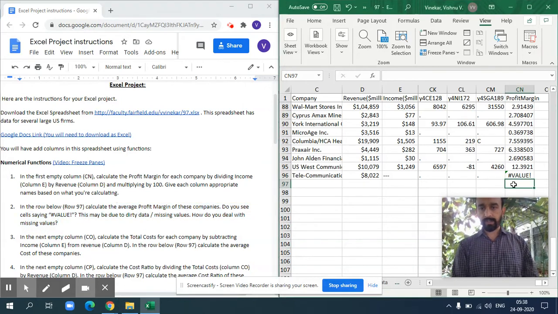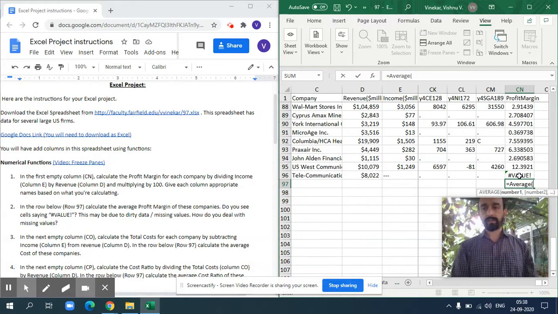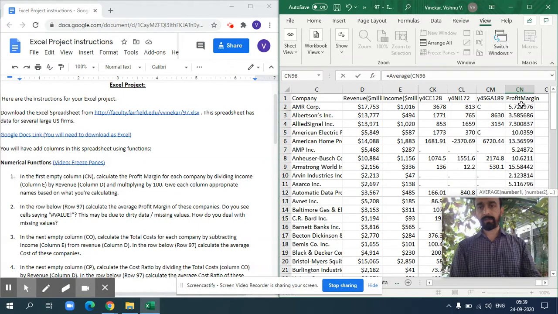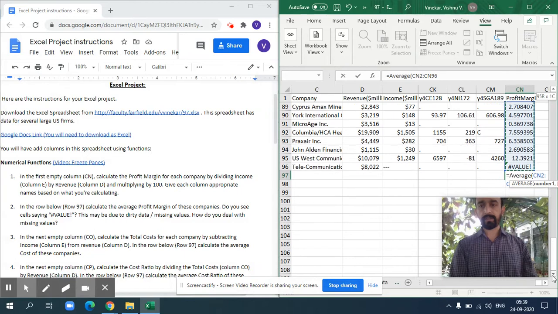Okay, so here we are in row 97, which is the first row which we don't have data in. I'm going to type in equal to average, open parenthesis, select the last company, Telecommunications Incorporated, their profit margin in CN96, scroll all the way up to the first company, which is in row 2, and then select their profit margin while holding down the shift key. So I click on CN2, and I see this marching ants border go around the profit margins of all 95 companies, from AMR Corporation all the way down to Telecommunications Incorporated. And I hit enter,